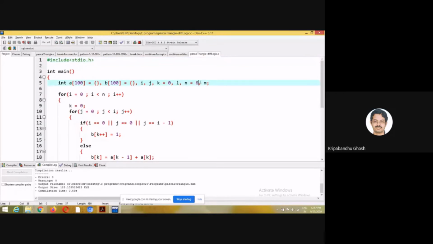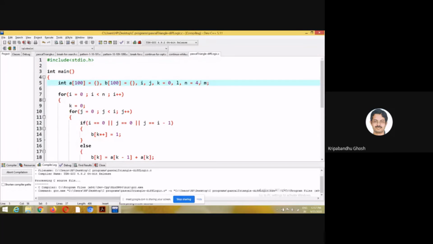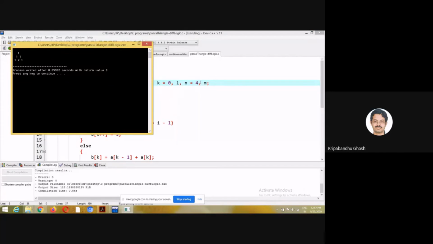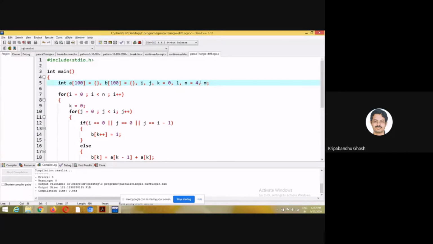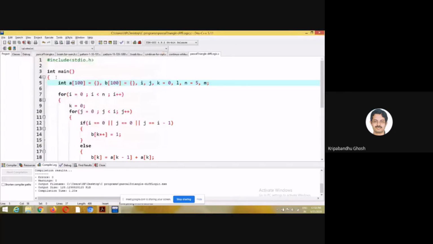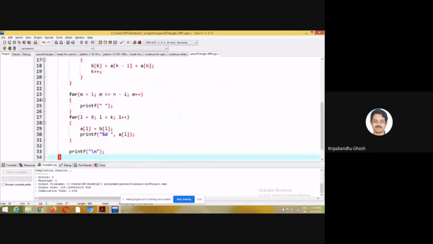So let's do it for n equal to 4. Let's see what happens. One, one. Oh, for n equal to 4, maybe. So there is, or this is less than equal to, doesn't matter. You can do it for n equal to 5 also. But it does the same thing, more or less the same thing, I think. Yeah, it uses the same logic. 1, 1, 1, 1, 2, 1, same logic. You can do it. But I think there is some glitch about the value of n here, but that can be fixed.